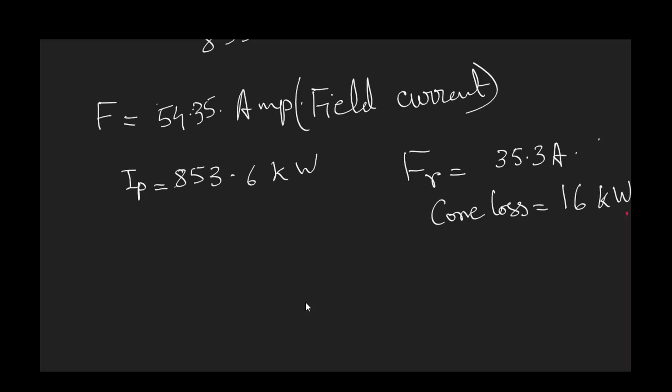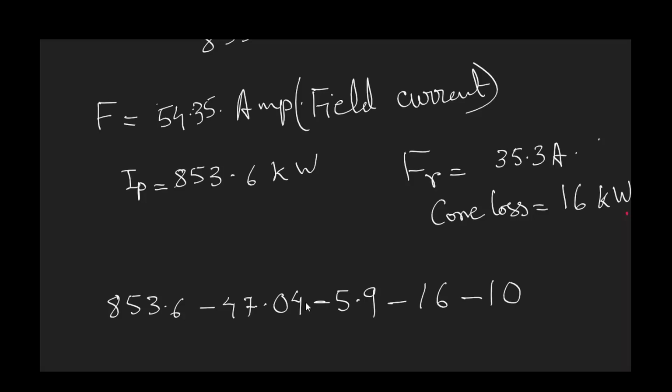So here all the other values will remain the same, excluding two values. One is field ohmic loss, and this is input. The winding copper loss remains the same because the armature winding is carrying the same current. However, there is a change in field ohmic loss. Now this has become 5.9 minus 16 minus 10. So this gives us